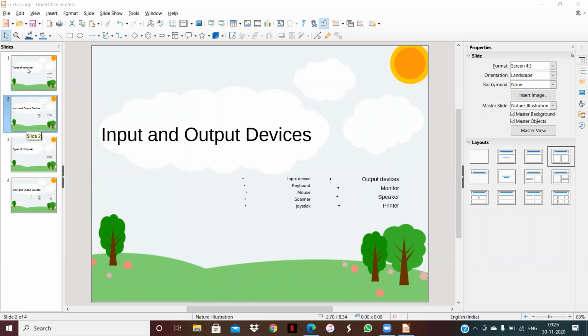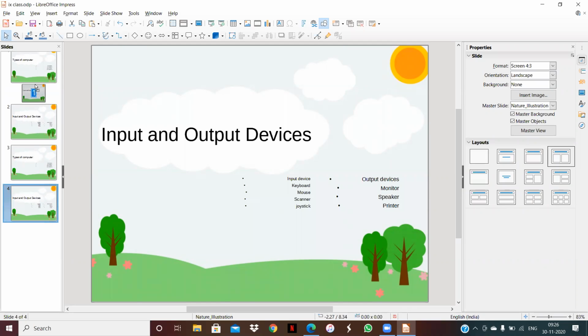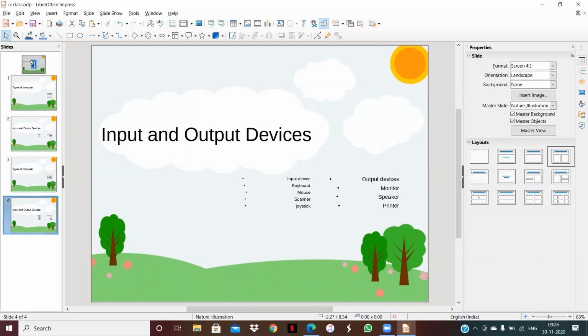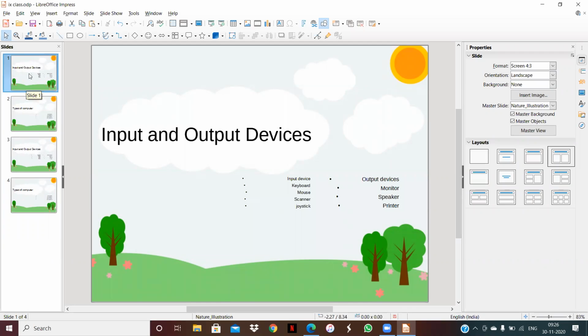Now they are saying moving the slide. Moving means, my dear students, changing the position of the slide. Suppose this is my first slide, this is second, this is third, this is fourth. What do I want to do? The fourth slide, I want to make it first. Then how can you do it? Click on that, then left click of the mouse, move like this and drop here. Suppose this is my slide number 4 and I want to set this slide as slide number 1. Then I can move it in this way. Suppose this is slide number 1 and I want to move this slide to the last position. We can move like this and then drop here. Clear? In this way you can move the slide.